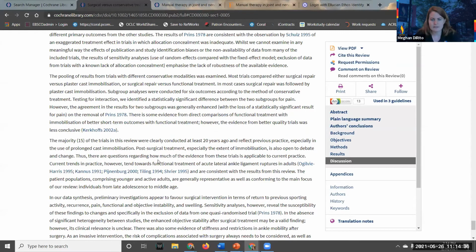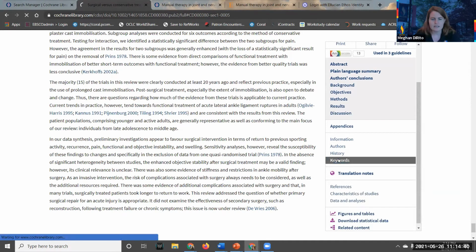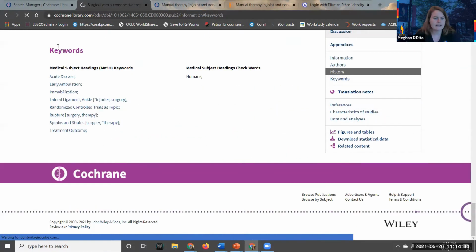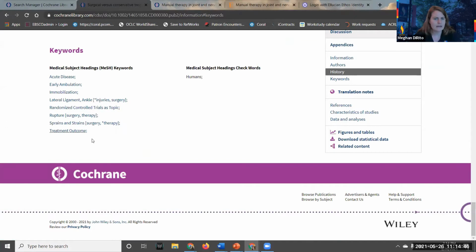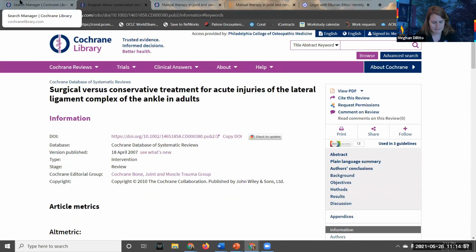Extremely useful for researchers. If you are looking to refine your search, there is always a keyword bar right here, and you can see how they are categorized by keywords. So I'm going to go ahead and go back